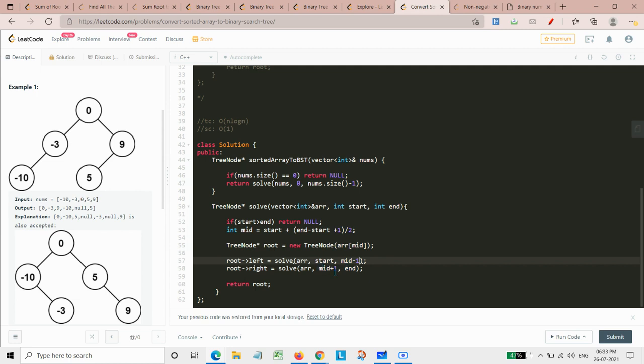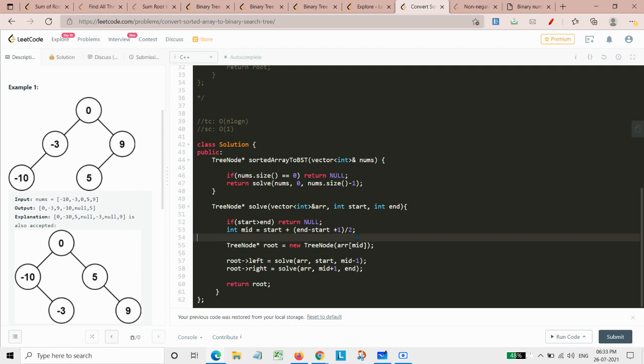And when I'm calling the right subtree, I would be passing the middle plus 1 element and the end element. So this is how it will be simply again and again calling the array, but it will stop at that moment when my start will exceed the end.